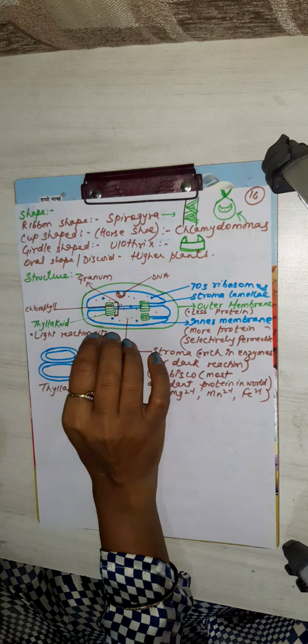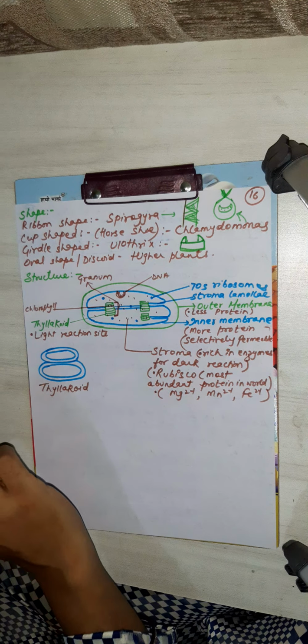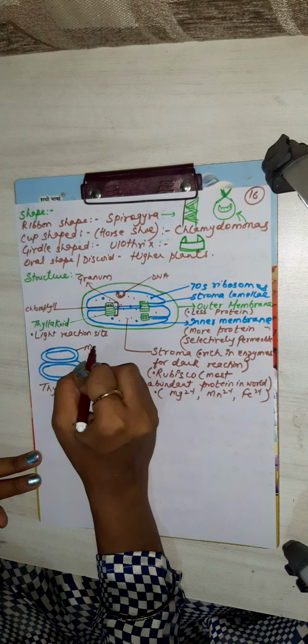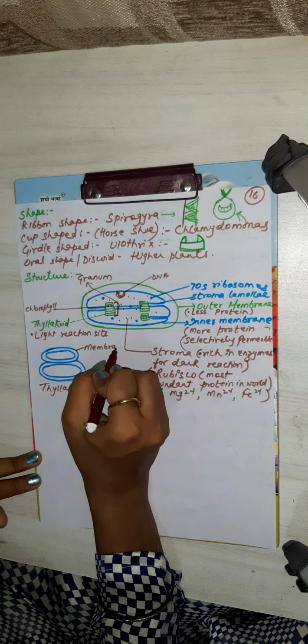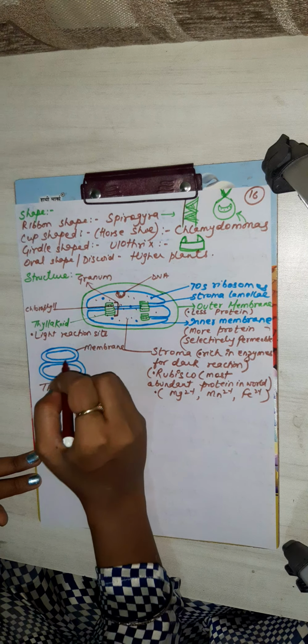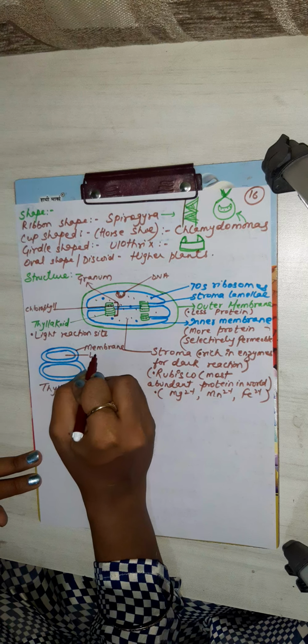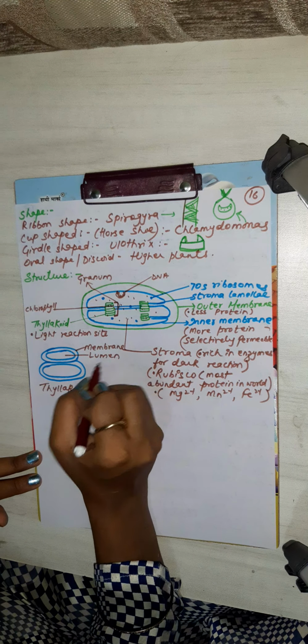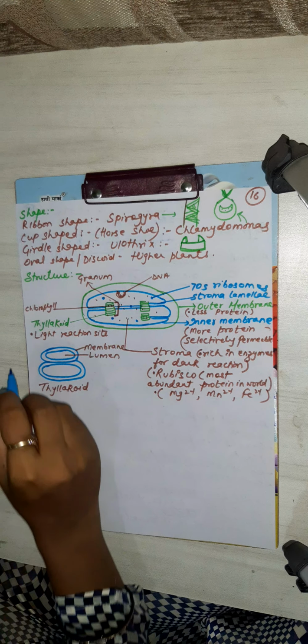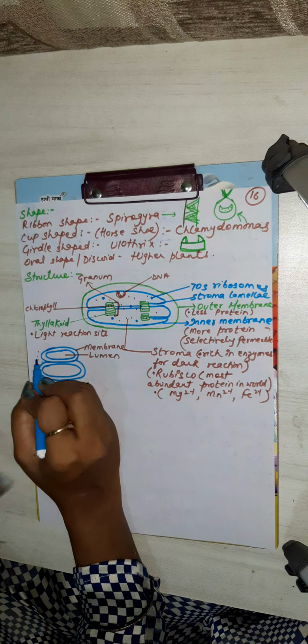This is membrane part. Here chlorophyll is present, and this is lumen part. और साइड में इसके क्या होंगे? Around this